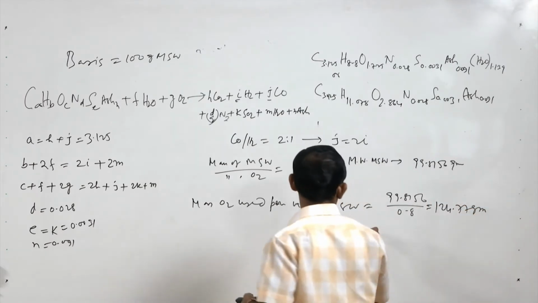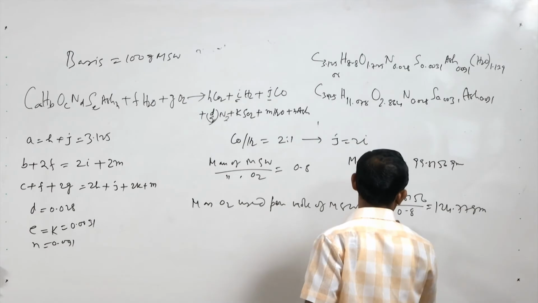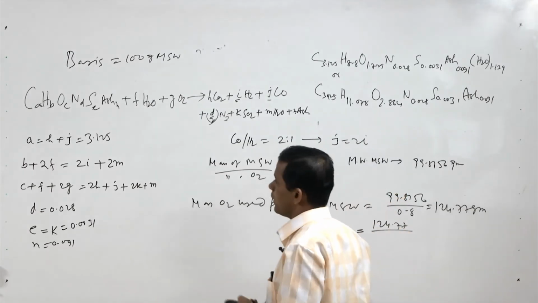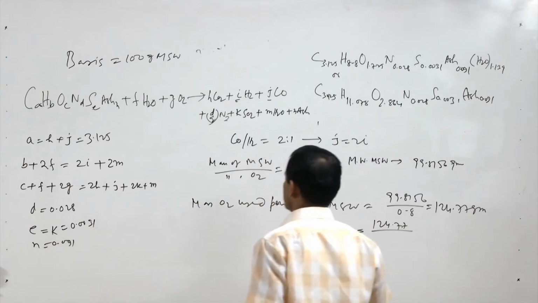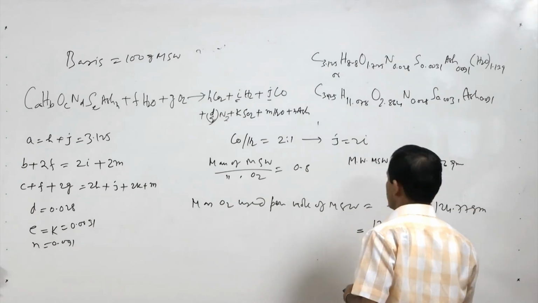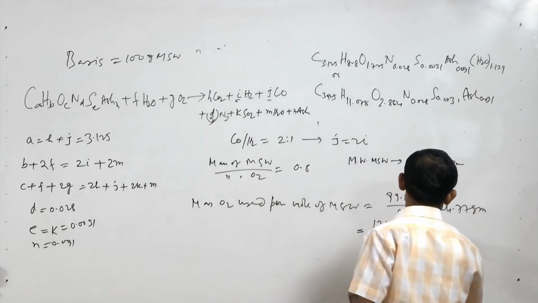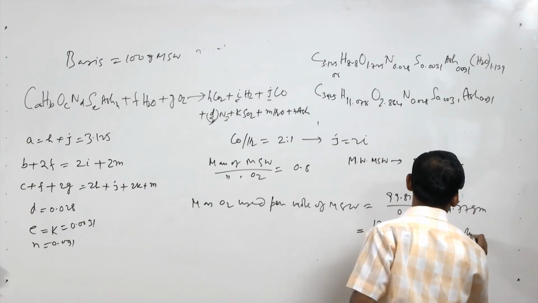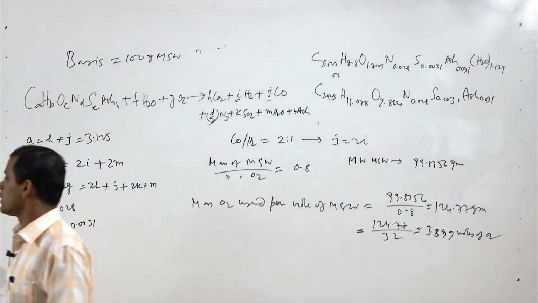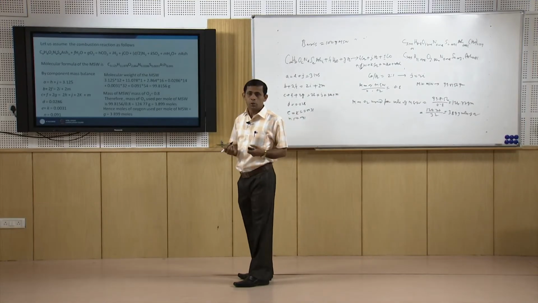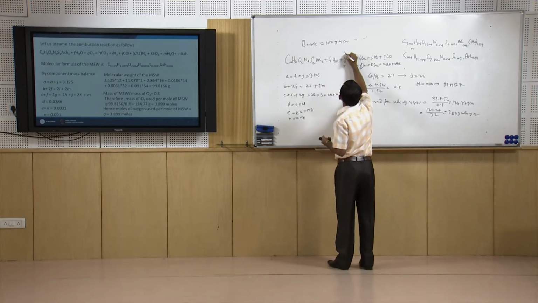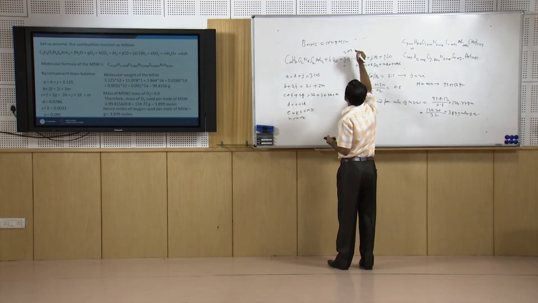gram, that is equal to this 124.77 divided by 32. So, that is equal to 3.899 moles of oxygen. So, oxygen which is used for this MSW is equal to 3.899 moles. So, now we have got the value of G, that is equal to 3.899 moles,